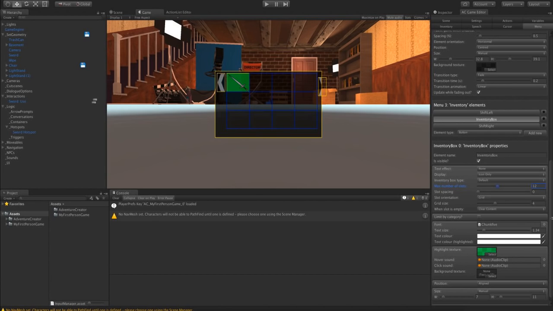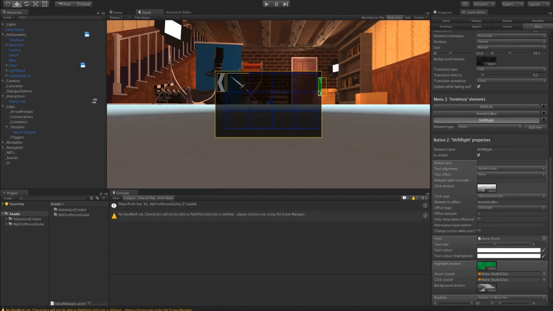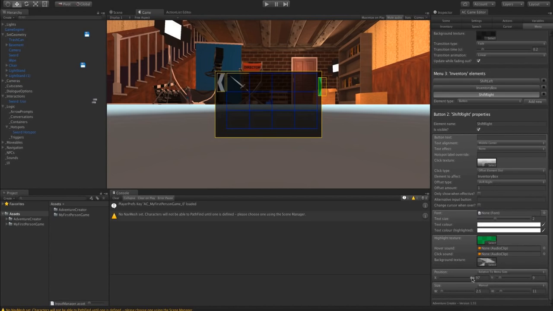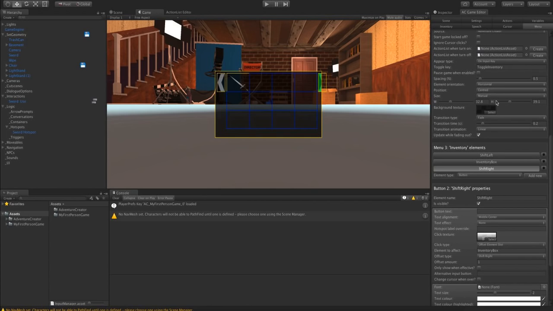Now I think what I'll actually do is just get the Shift right button. I will tweak the position of that. Now you could, again, just like adding collisions to the wall, actually spend quite a lot of time giving all this polish. But I'm going to be quite brief over it.